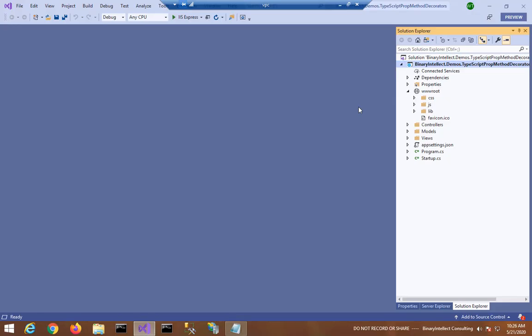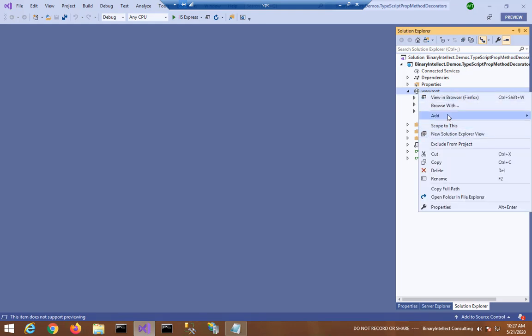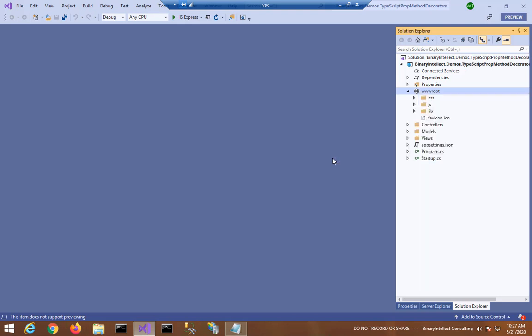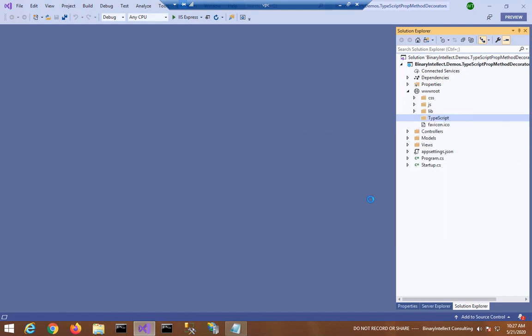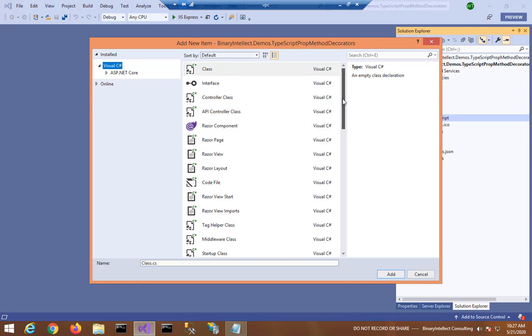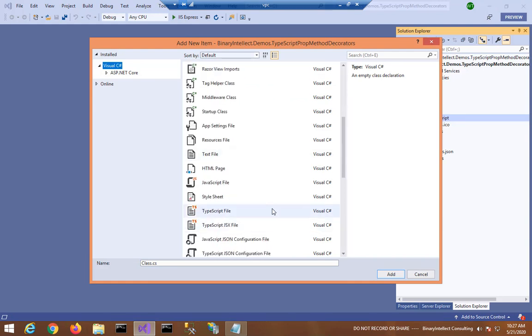So here I have created a new ASP.NET Core MVC application. Now under wwwroot, I will add a TypeScript folder. I will then add a new TypeScript file.